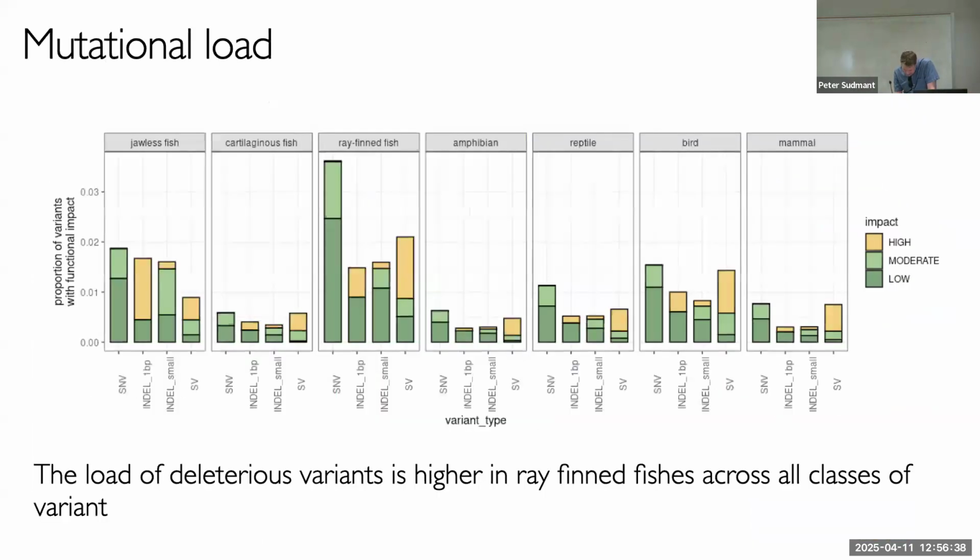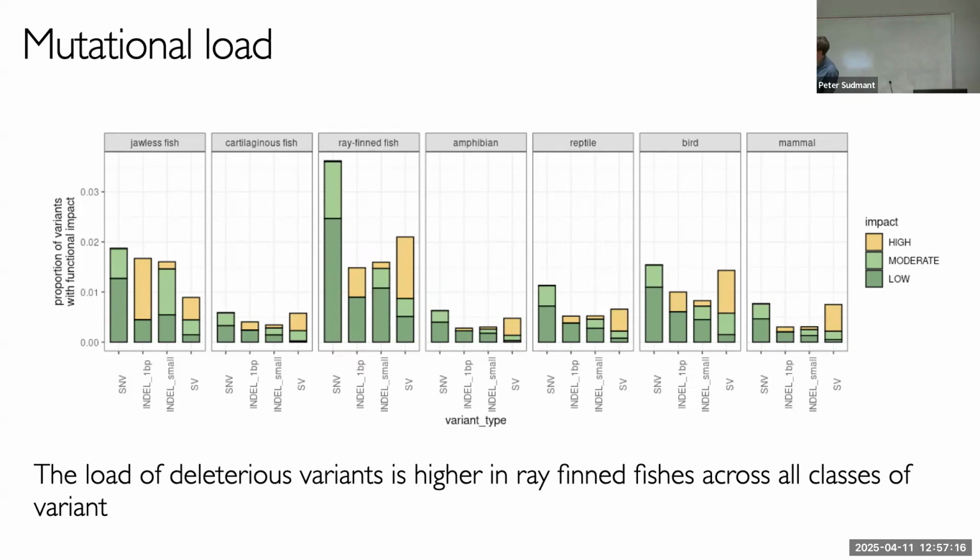Okay. So this question that Enza brought up, and Eric you as well, thinking about effective population size and your ability to purge stuff. So we've been exploring this a little bit, and you can take structural variants and SNPs, and you can basically classify how deleterious they're going to be. So we did that, and so here's SNVs, indels, and SVs classified by high, moderate, and low impact.